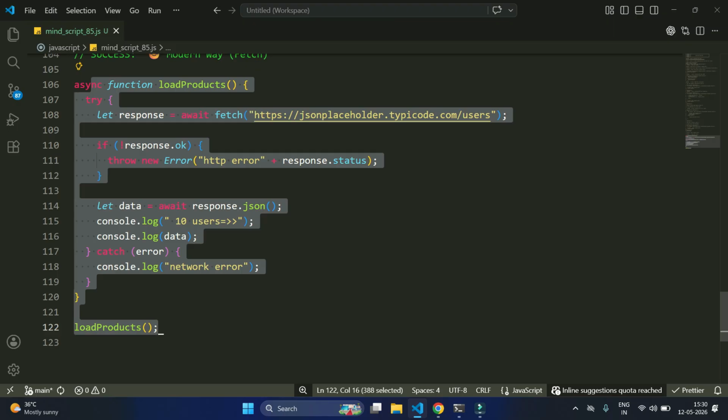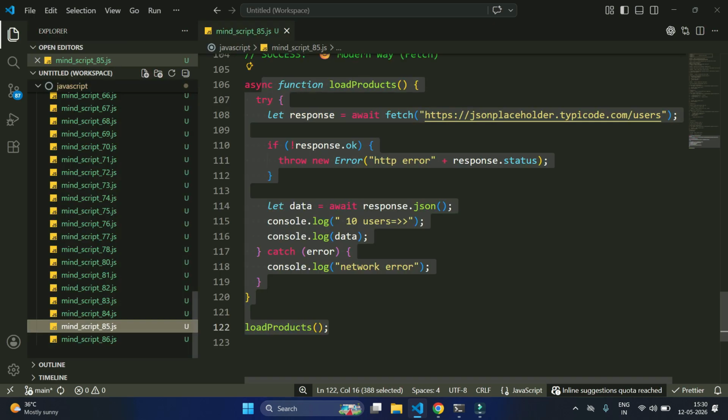Good. So if you understand this, you just leveled up your JavaScript. Next step, combine fetch with APIs and build real apps. And in the next lecture, we are